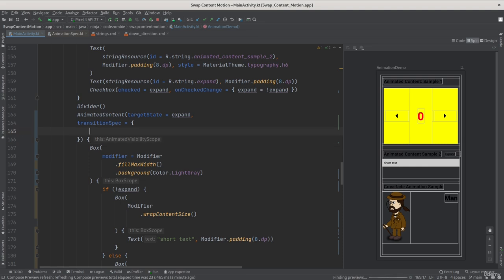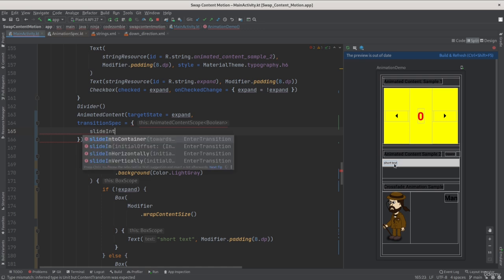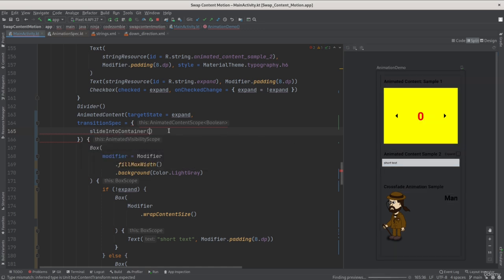Note that I can use slide in horizontally or slide in vertically, but there's also another helper function that is better suited here in my opinion, and it is called slide into container, and I'm gonna use that. I'm gonna slide the new content into the container and at the same time fade it in,